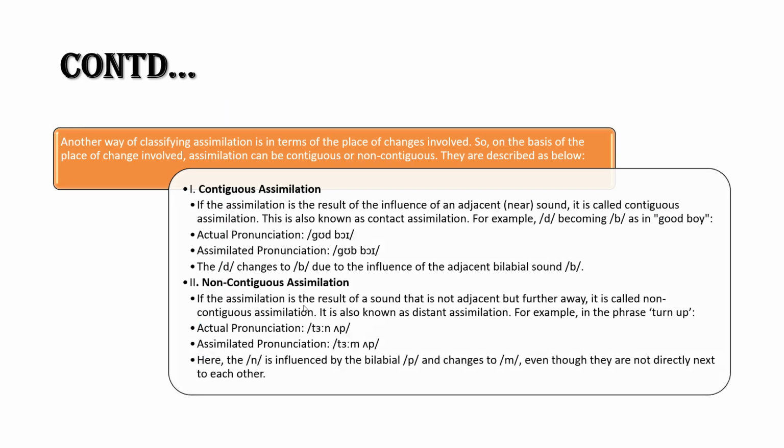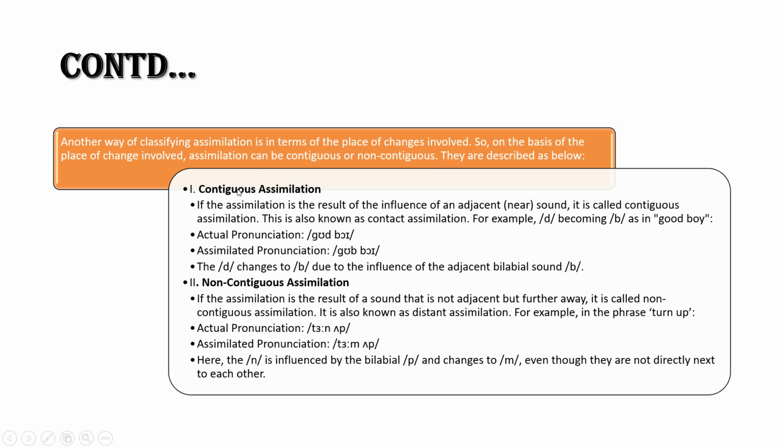And next, another way of classification is also there. Another way of classifying assimilation is in terms of the place of changes involved. From where the sound has influenced another sound. Either it has influenced from a near place or from somewhere far. So on the basis of the place of change involved, assimilation can be contiguous or non-contiguous assimilation, and they are